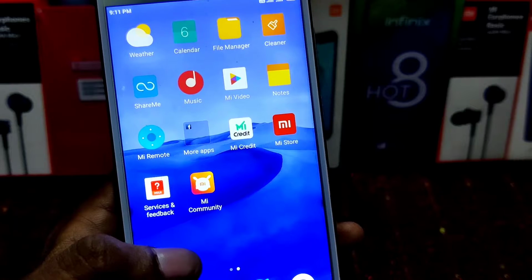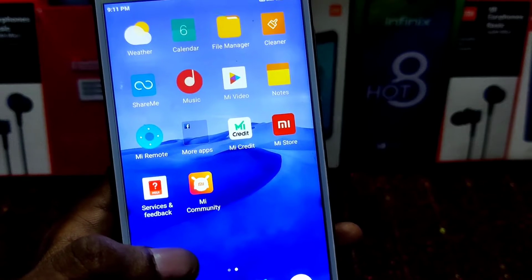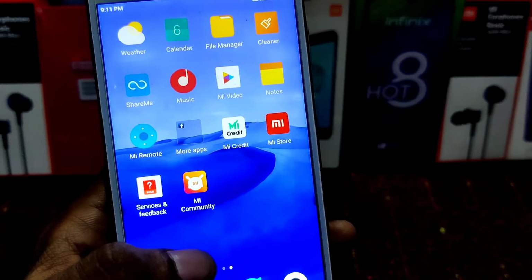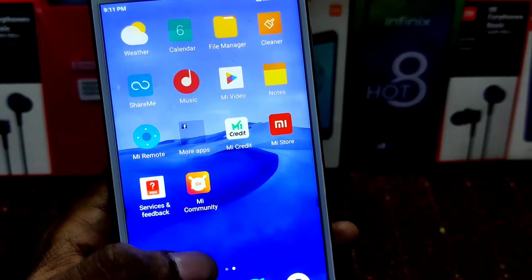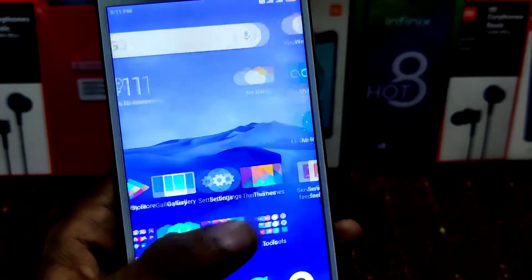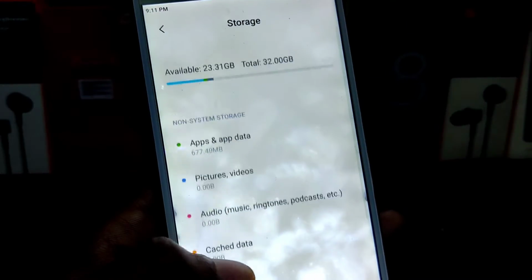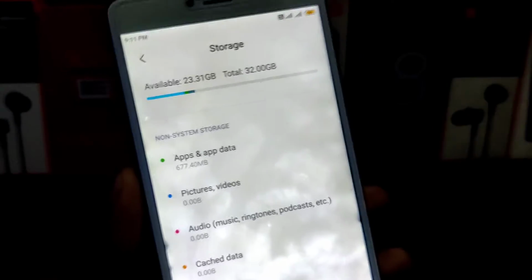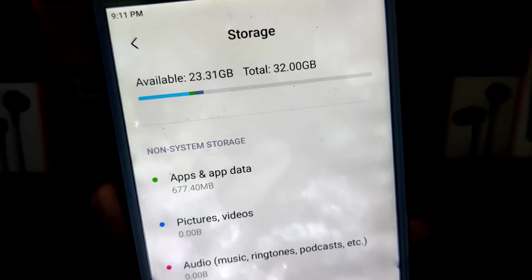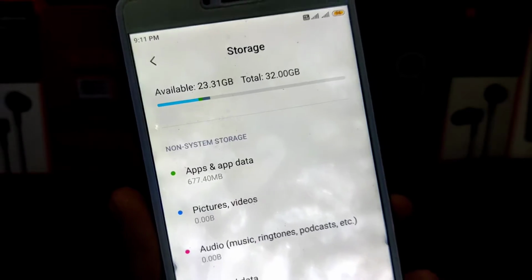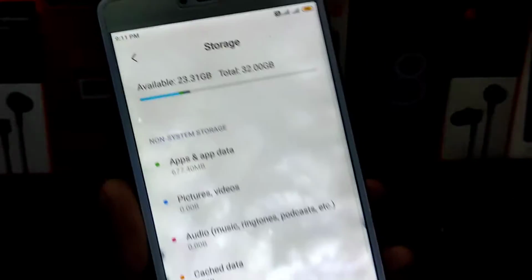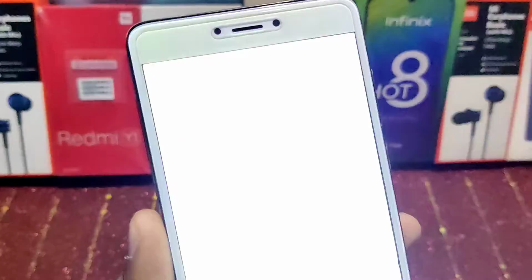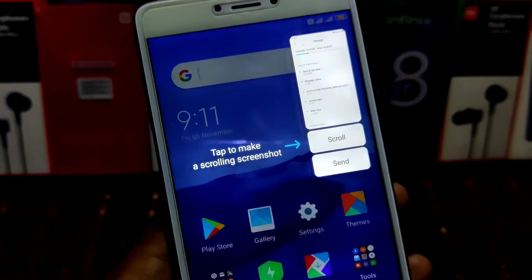Just download that file and flash it through your TWRP. Remember, it will uninstall the apps permanently, it won't just disable them, and it will free up a little bit of storage in your device. As you can see, in my case there is 23.31 GB of free space, and let me take a screenshot so you can also see the timing here, and I will take you directly to the TWRP and show